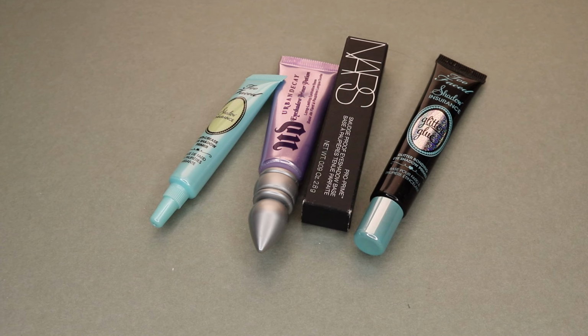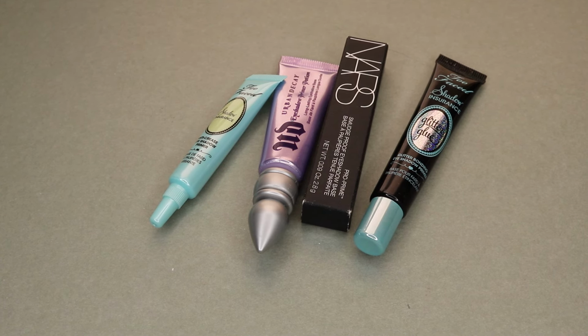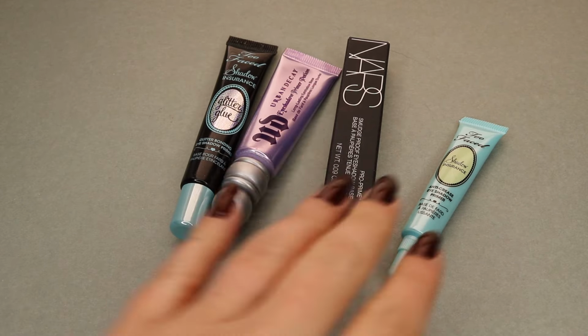The very first category I have is eyeshadow primers, and basically I added this category in at some point. I thought it went well with my eyeshadows, and I have 4 of them, and I'm not decluttering any of them. They're all relatively new, and I purchased those 2 because I was actually out, and then these 2